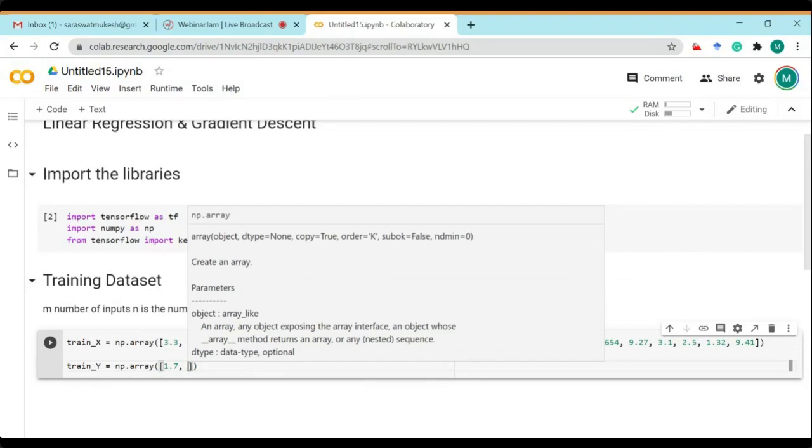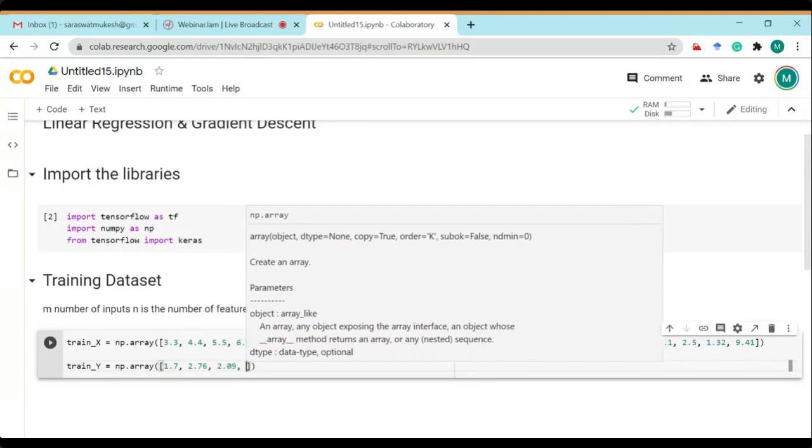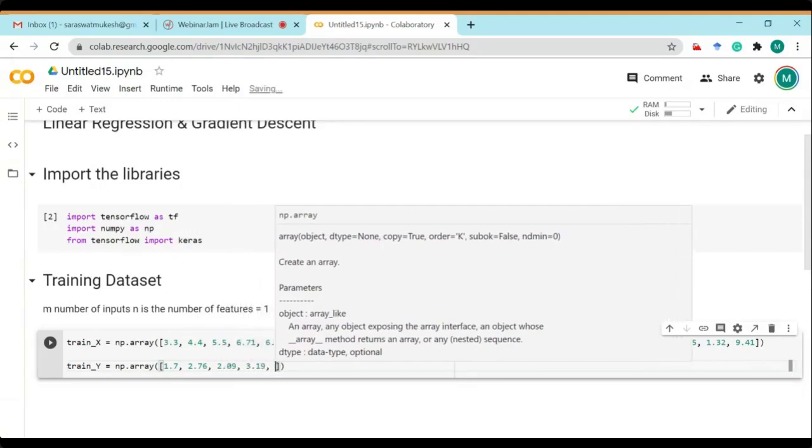But here it is not easy to find out the relationship manually. So here the machine will help us to find out the relationship. Okay. So 2.76, then 2.09, then 3.19, then